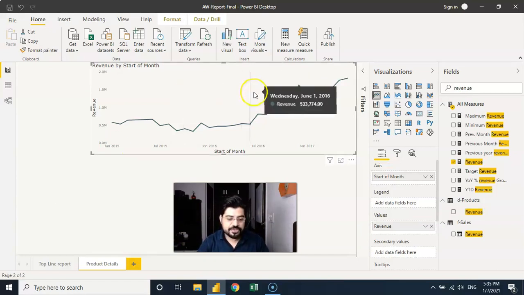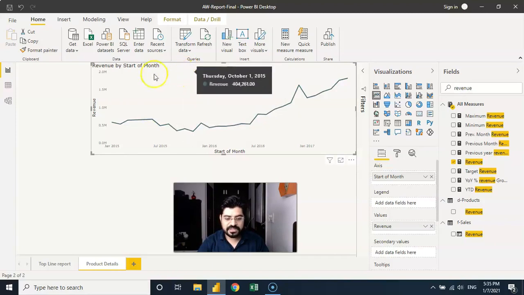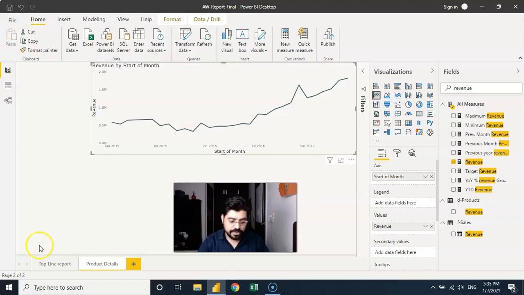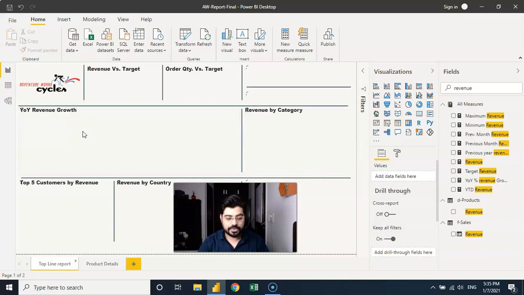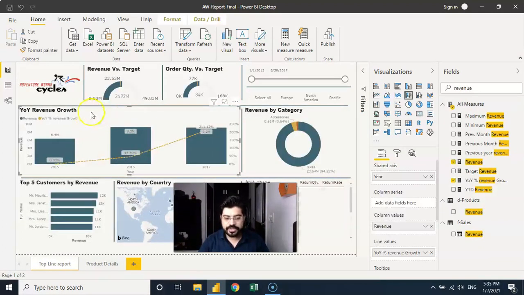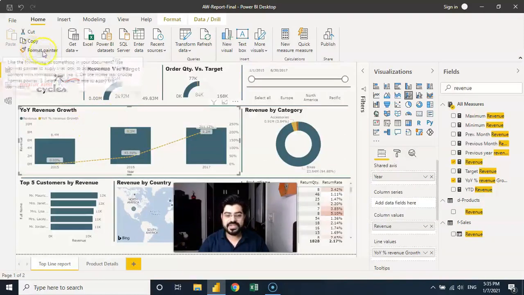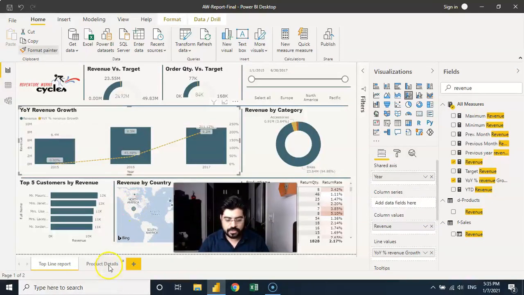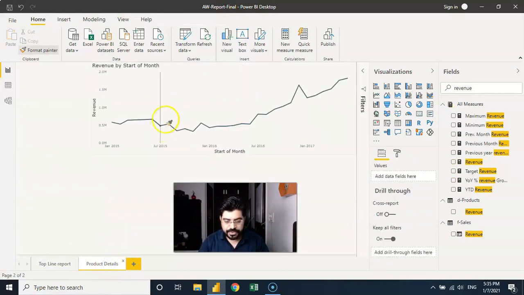A couple of things need to be done, like first of all, the formatting of the same. So I'll not specially do the formatting, but you know that we already did the formatting in other visuals in our report. So I want to keep it symmetrical. So the best way is that again, I am going to select any visual and I'm going to select format painter. And yes, maybe you're surprised, but yes, you can use it throughout the pages. So I'll simply click over here and I'll go to product details,